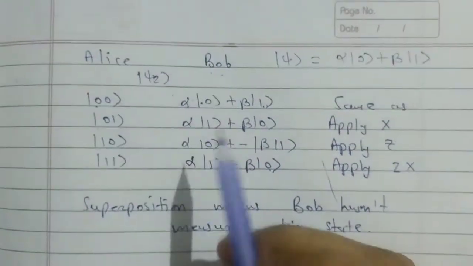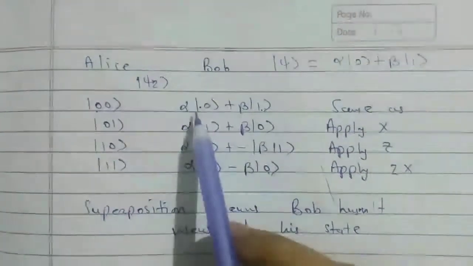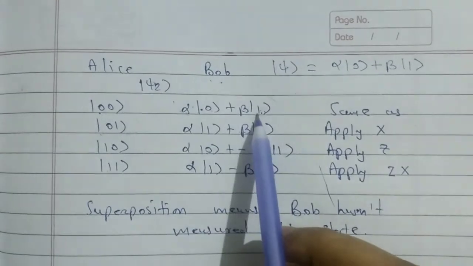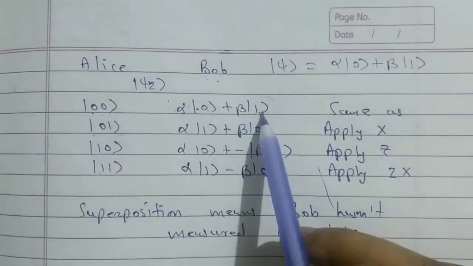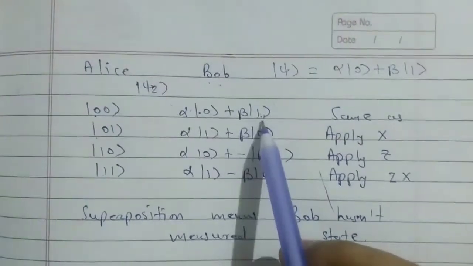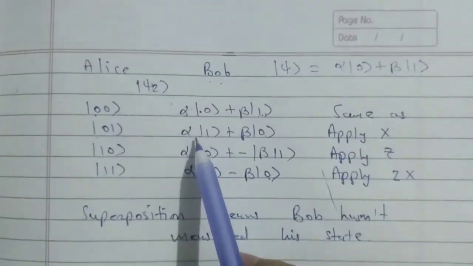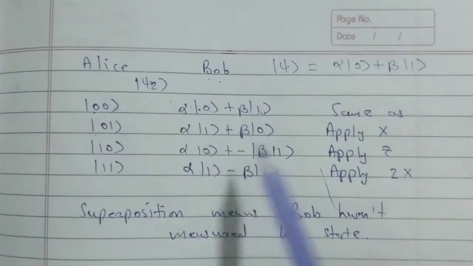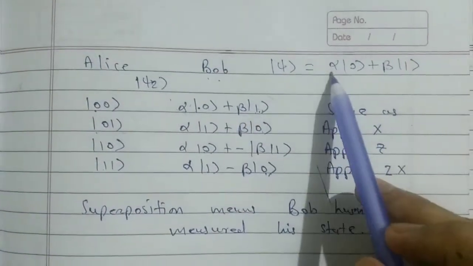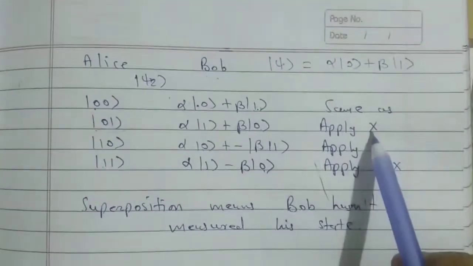And we don't want that, we just want to transfer the qubit to Bob without collapsing the wave function. So for this, if Bob's qubit is alpha 0 plus beta 1 and we want to transfer the same qubit, we don't need to do anything on this qubit. If Bob's qubit is alpha 1 plus beta 0 and we need alpha 0 plus beta 1, what we'll do is apply the X gate.